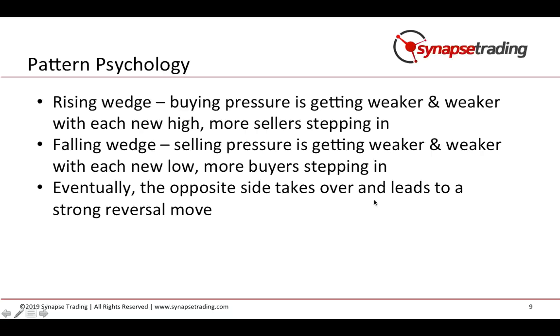I know you have been waiting for this part. Why is a rising wedge bearish, and why is a falling wedge bullish? Because when you look at the pattern, logically it seems that it's trending downwards, and we have learned so far that you want to follow the trade with the trend. It looks like a rising wedge is making lower highs and lower lows, trending downwards.